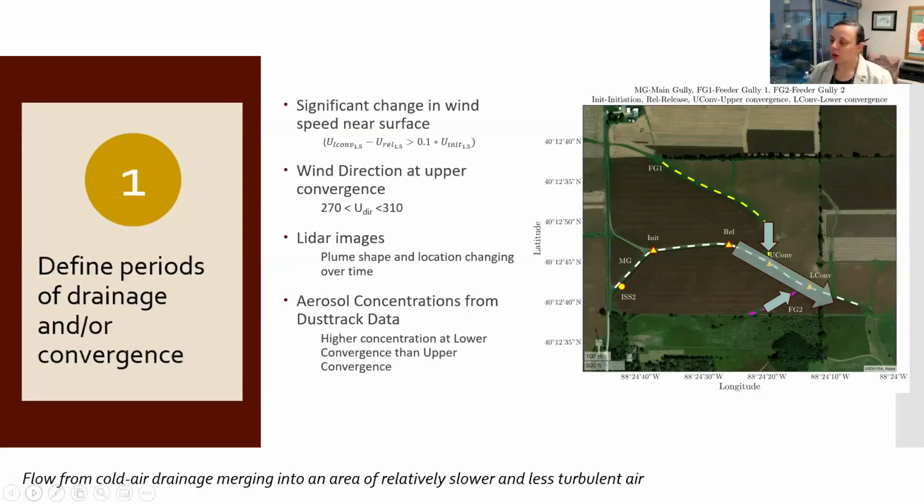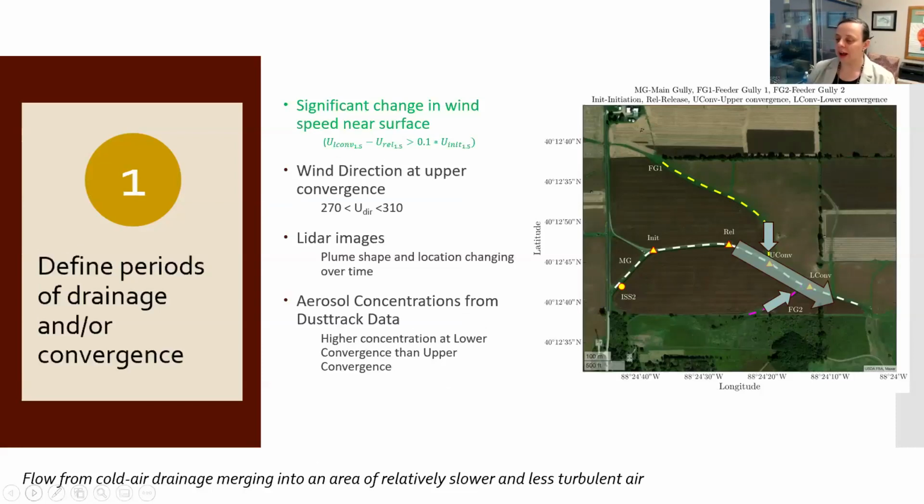So I'm going to show you some of the results, what we have so far, of applying this significant change in wind speed near the surface. So really taking a look at the entire data set, nighttime data only. We've defined nighttime for our purposes now as 7 p.m. local time to 7 a.m. local time, so the overnight conditions, and going through the entire data set of 5-minute averages to flag periods as